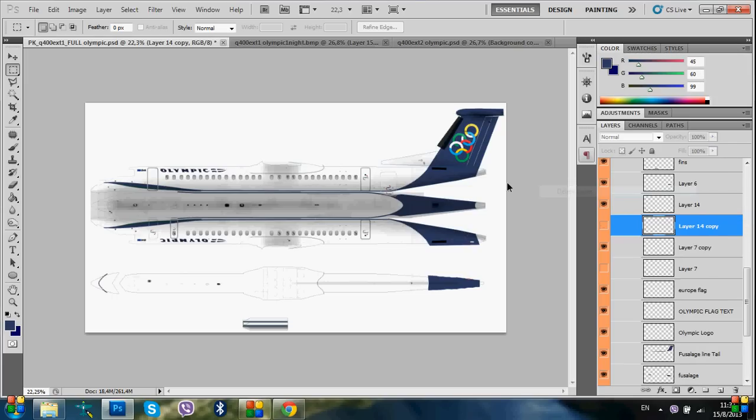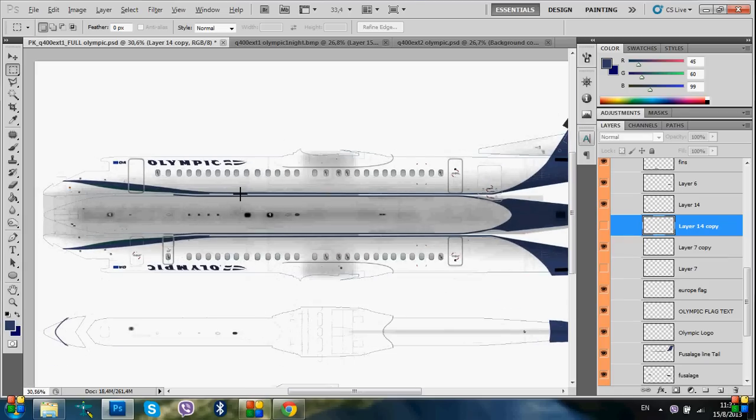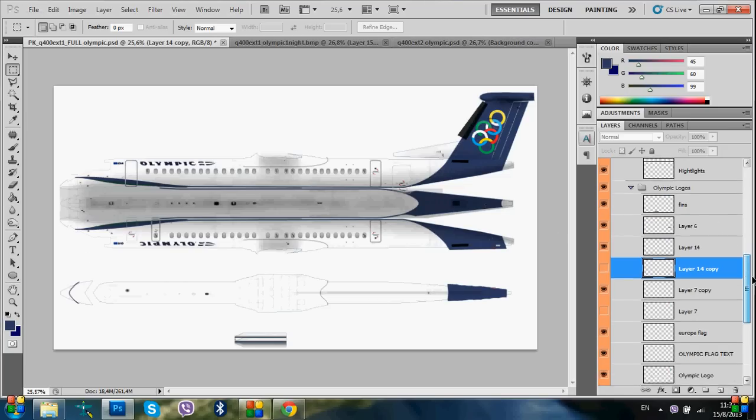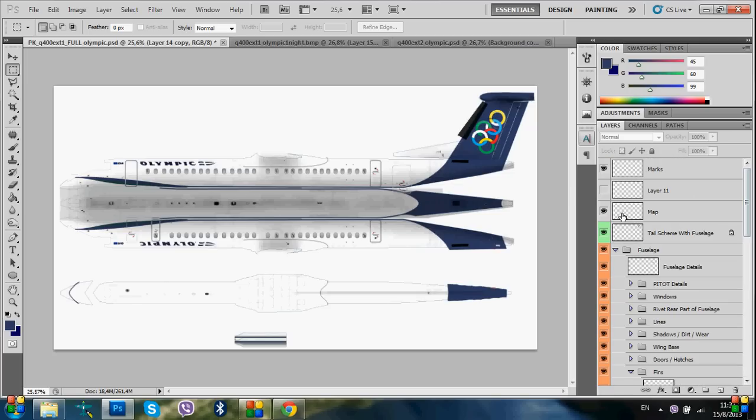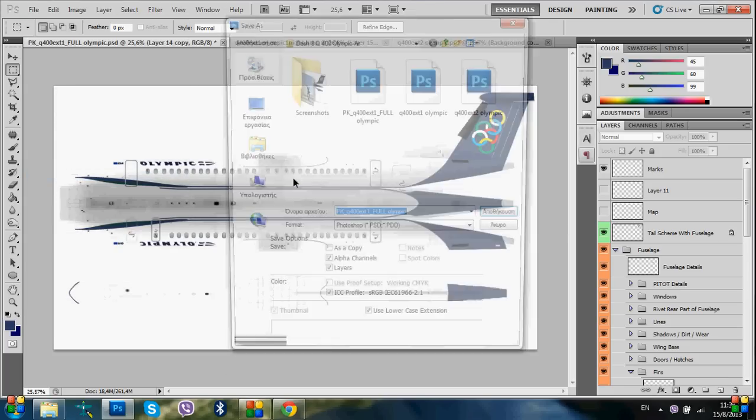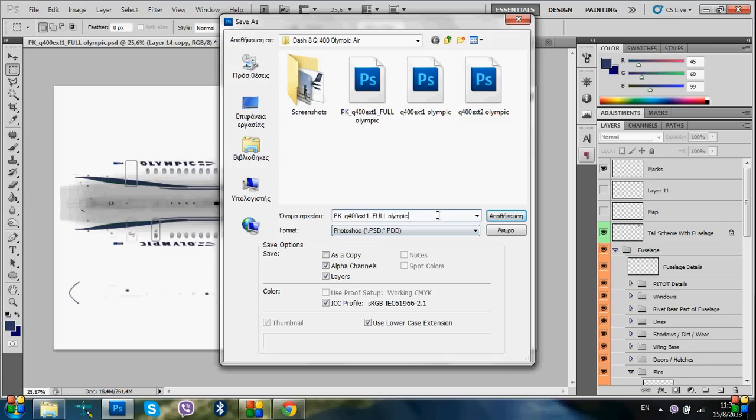So if you don't know how to use Photoshop, or how to paint on Photoshop, or how to make layers and stuff like this, there are dozens of tutorials on YouTube. I don't have to explain all this to you because this is centered on Photoshop and the paint kit of Majestic Software. Okay, so now you paint this aircraft all the way. Before you make any changes, check these maps so you are sure it's clean as it should be, and you go File, Save As, and PSD. Rename it, for example